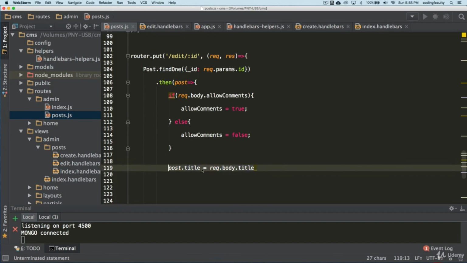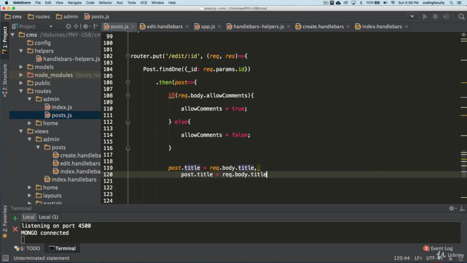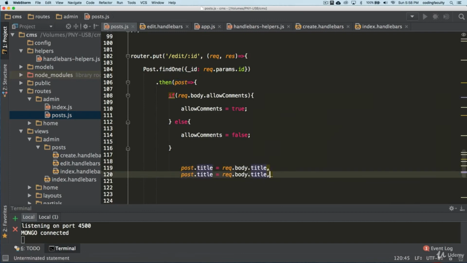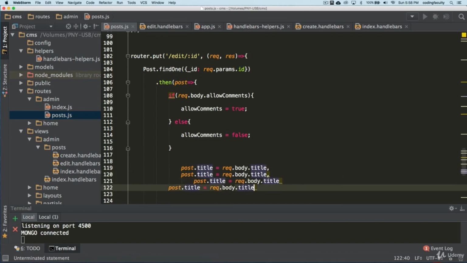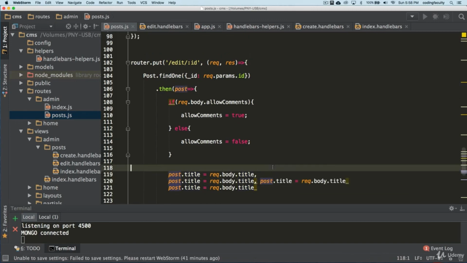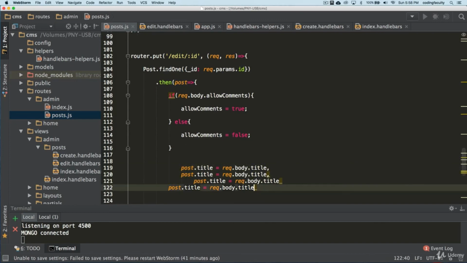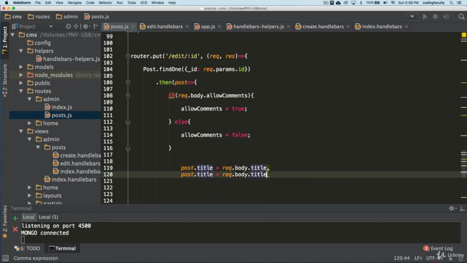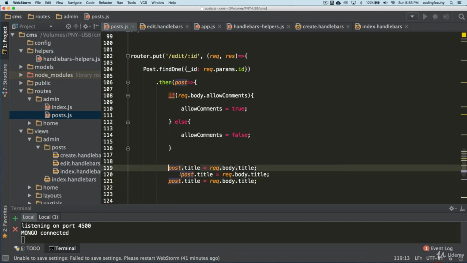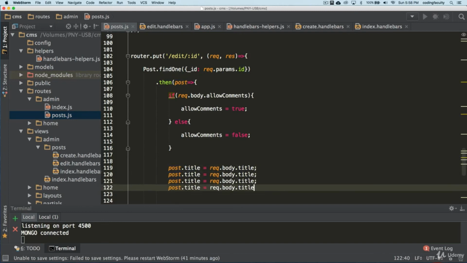I'm gonna paste this a couple times here. Let's come back here. I wish my IDE wasn't this troublesome sometimes. And the reason why it's doing that is because this is not an object. You get so used to writing in objects that you do that. And it's back here. It's not going to give me that issue anymore. There we go. You see? Okay. So we got the title.